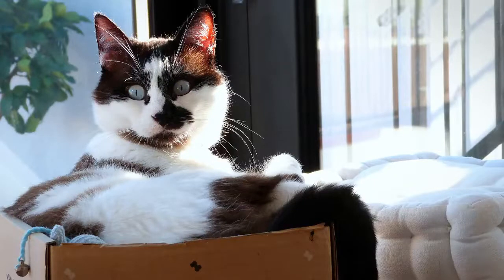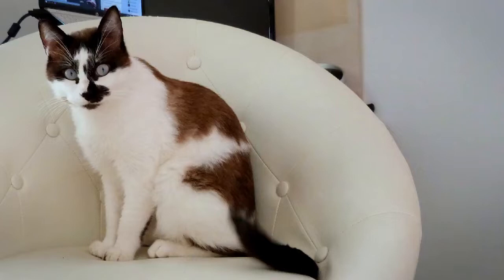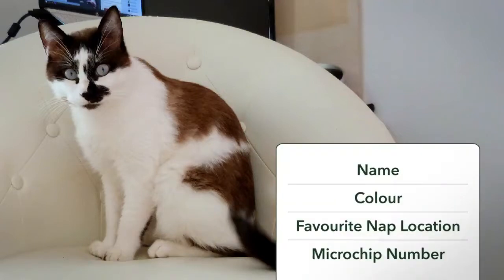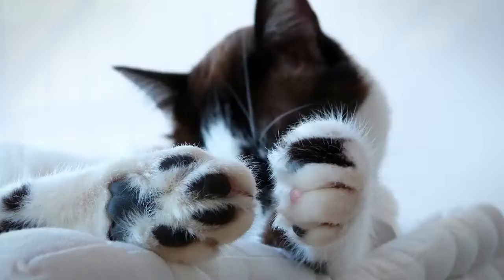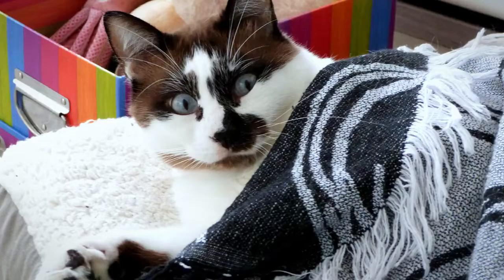See if you can identify relevant attributes for a concept. Give examples of attributes for a house cat from the perspective of a cat owner. A house cat would have basic attributes, like a name, color, favorite nap location, and microchip number. Certain values of these attributes could change. For example, over the course of the day, the cat's favorite nap location could change from the living room to a bedroom.